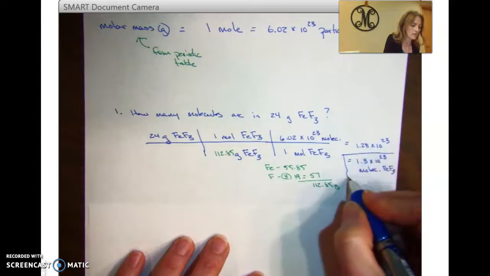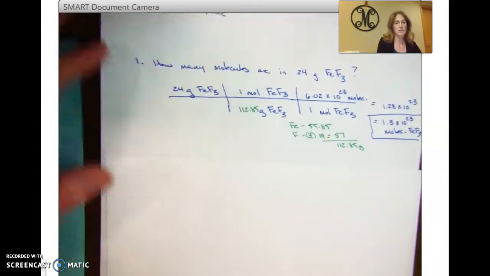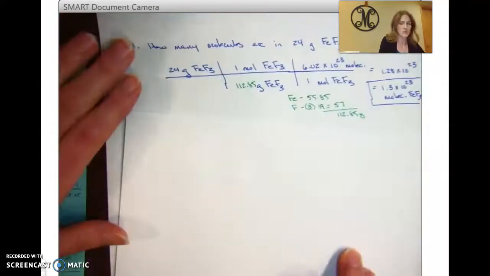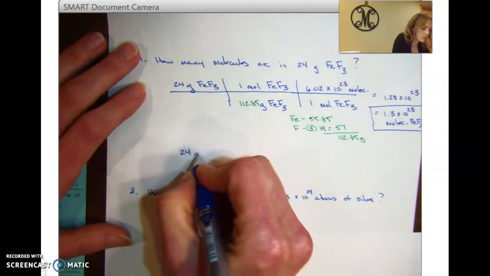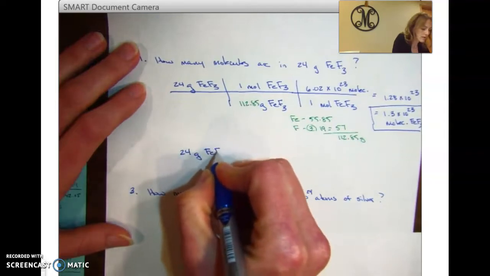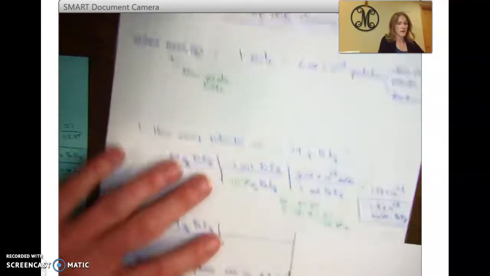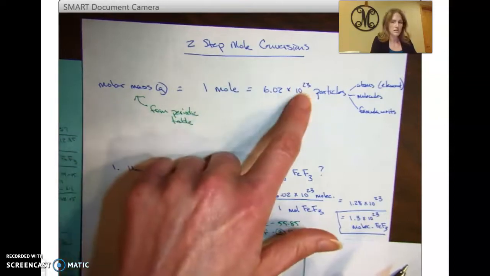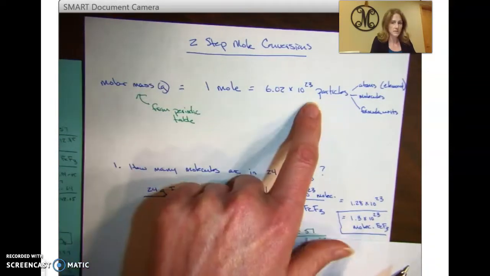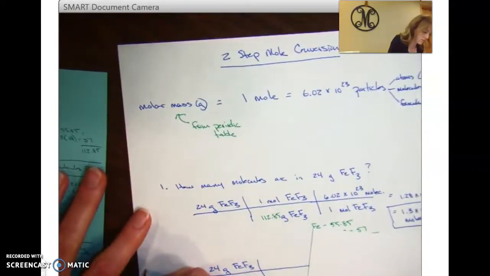There's your final answer. Now, for those of you who are a little more math savvy, I'm going to show you a little bit shorter method for doing the same thing. You would start with what you know. You have 24 grams of FeF3. Now, if you go back up here, if A equals B and B equals C, then A equals C. So there's another conversion factor there. We know that the molar mass